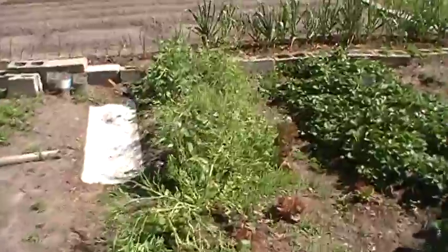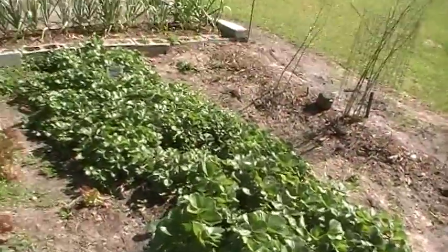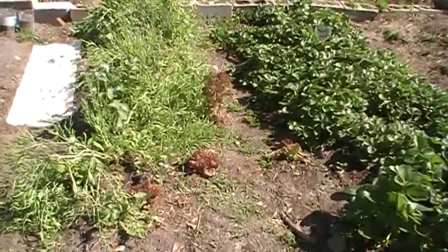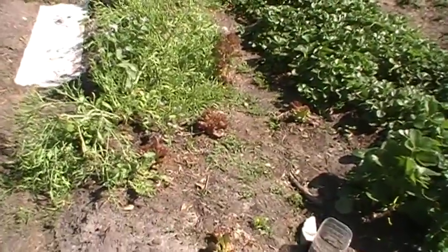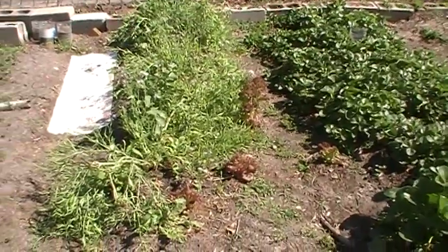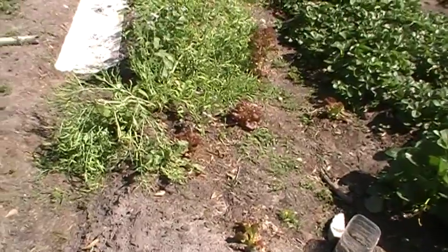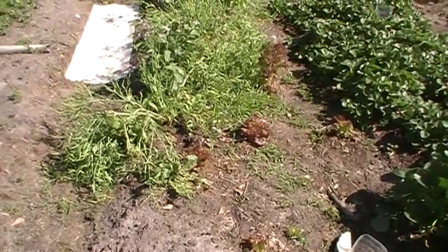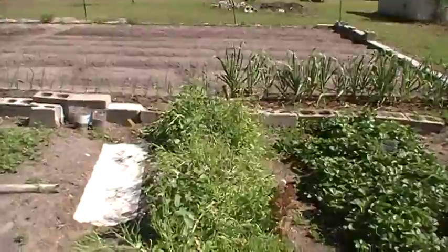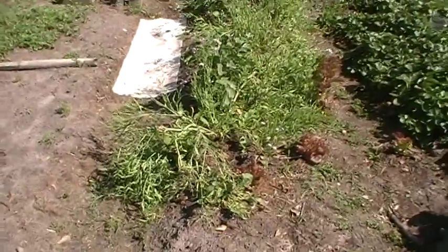Radishes are almost time for them to be yanked out of the ground so that we can separate the strawberries into another row here. Unfortunately, we'll have to either pull the red leaf lettuce. My wife wants to just leave it there since she just cuts it off and eats it, but we'll see how that goes. But we have good radishes, and then we have the radishes going to seed pods, and we're